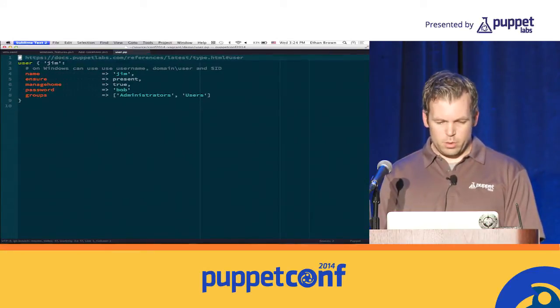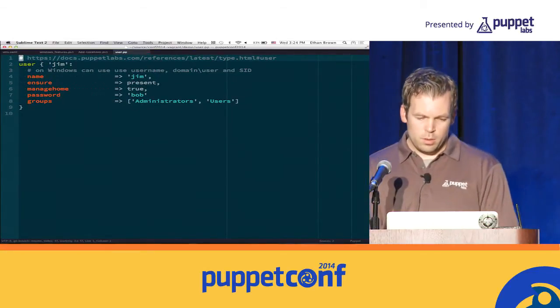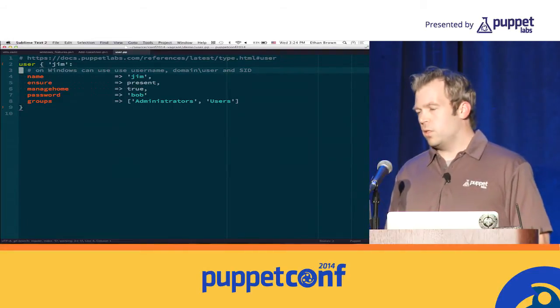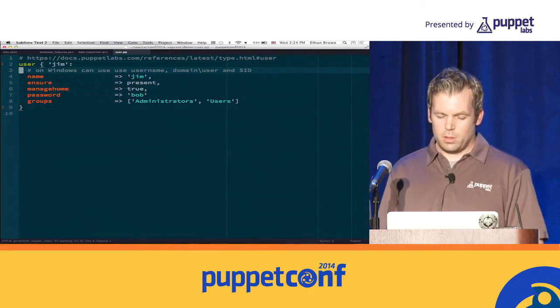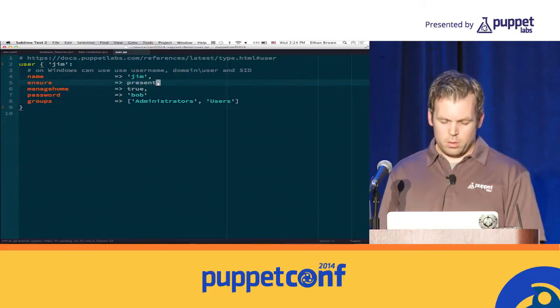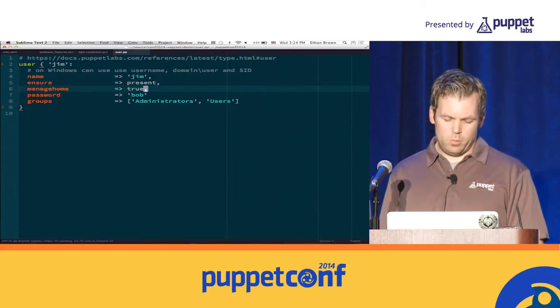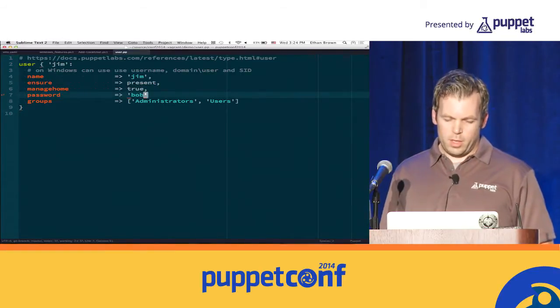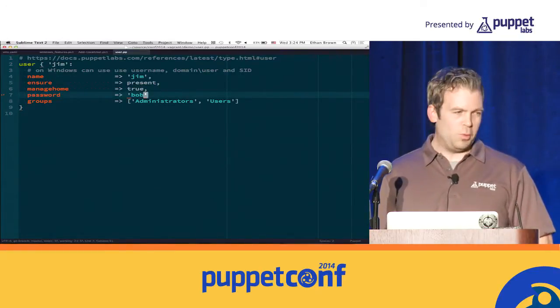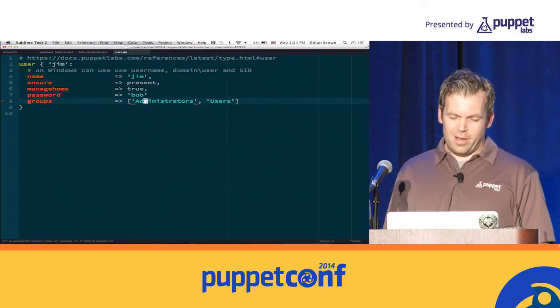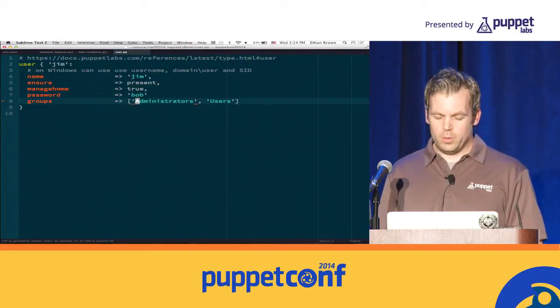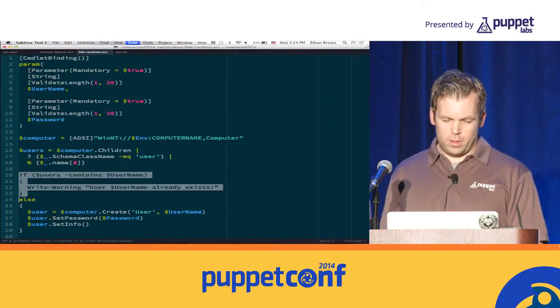Let me bump this up a little bit. So with Puppet, we can just declare that we want this user to exist. We want him to be present. We want to be able to create his home directory, which is this manage home true. We want to set a password. Obviously, don't do this in real production work. And we want to make him a member of a couple of groups. So if we took that PowerShell code that we were just looking at,